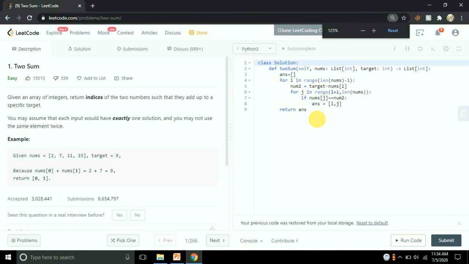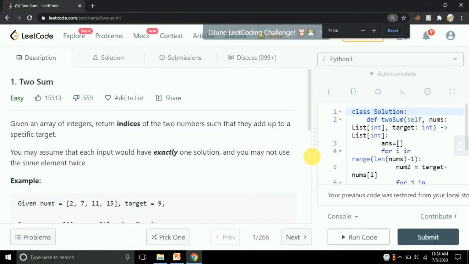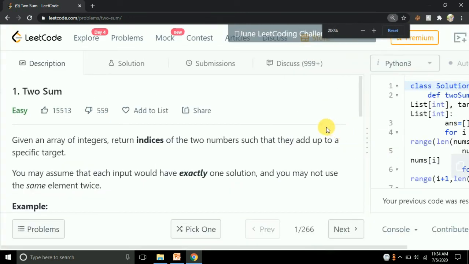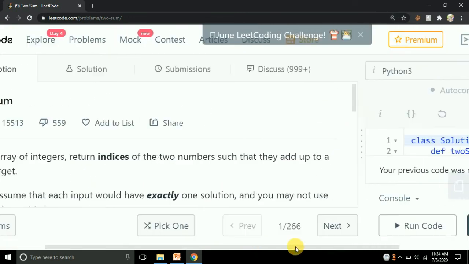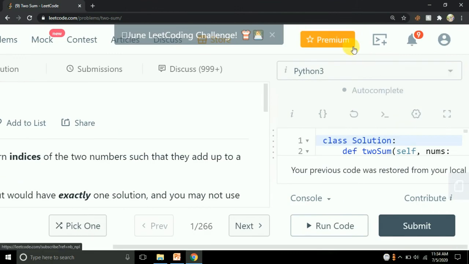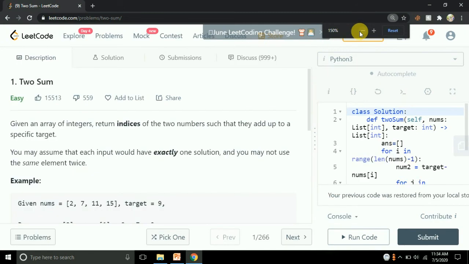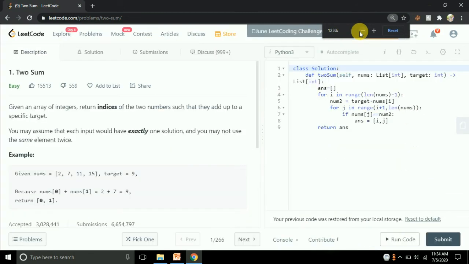I've written the code in Python 3. Let's zoom it a bit together. I hope all of you can see this. Okay, let's submit the code.